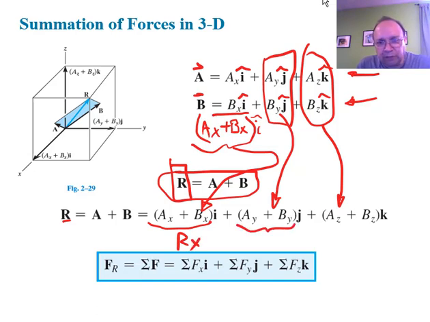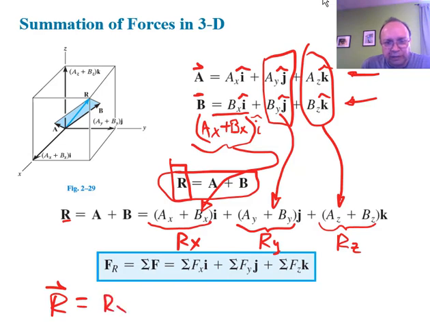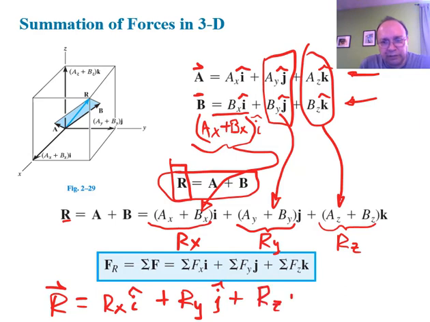This will be the y component of the resultant, and this will be the z component of the resultant. So the resultant will be equal to Rx i plus Ry j plus Rz k,